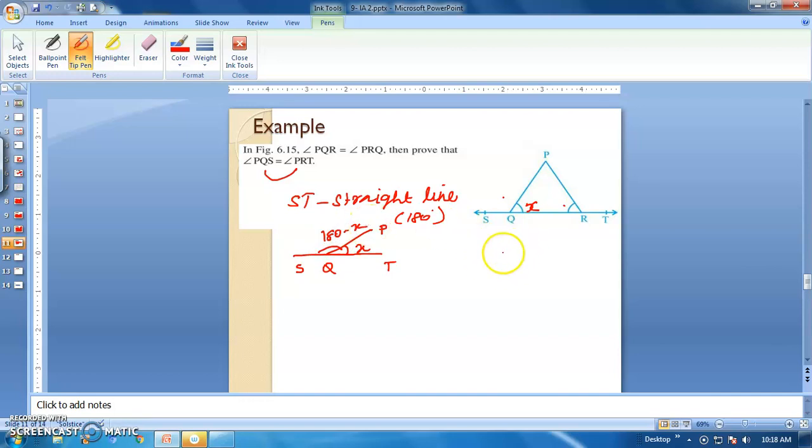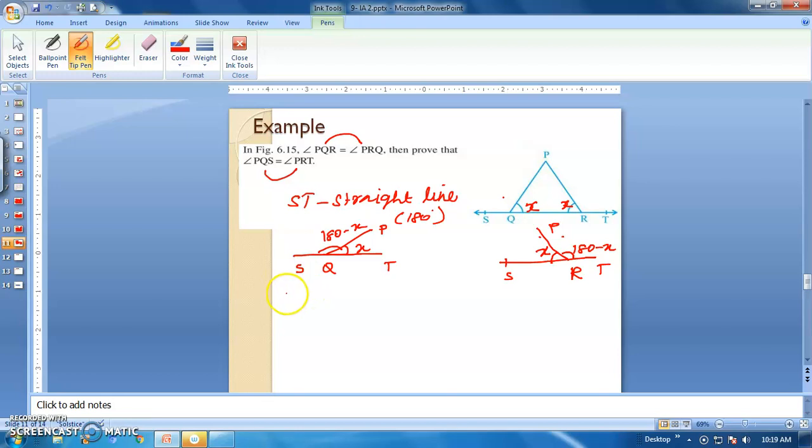Okay, in a similar way, there is another part also. Let us take this one R and this one S and this one T and this one P. Okay, so here this one is also a straight line divided into two parts, so they are a linear pair of angles. So this one is also X, because in the given question these two angles are the same. So if we take this one as X, this one is also X. Okay. So what about this one? So this one is 180 minus X because of the linear pair.